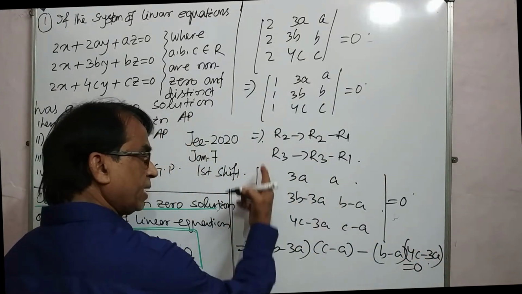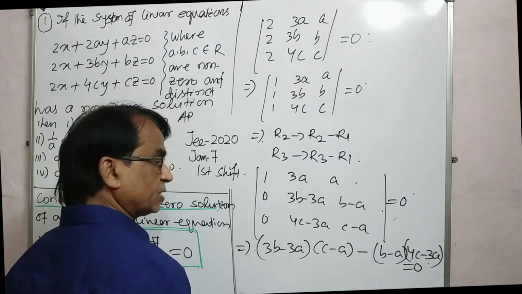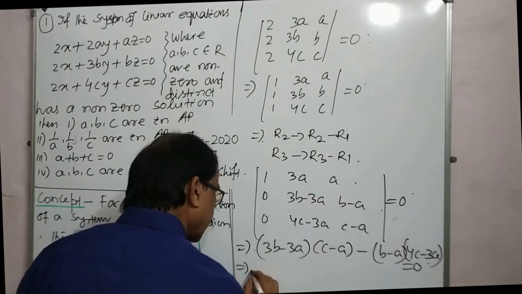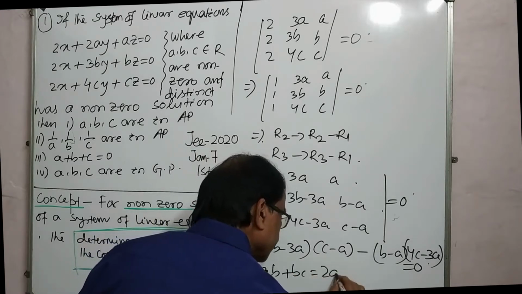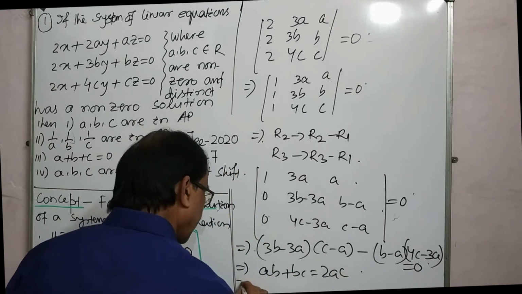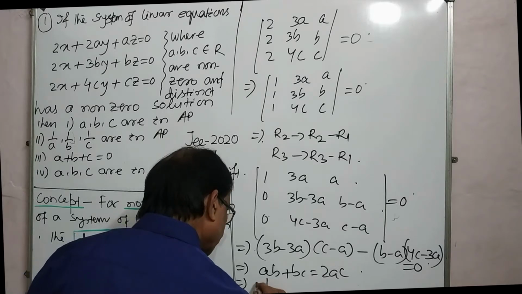Now, expanding around C1, we get this result, and simplifying, and by dividing, what you are getting here,